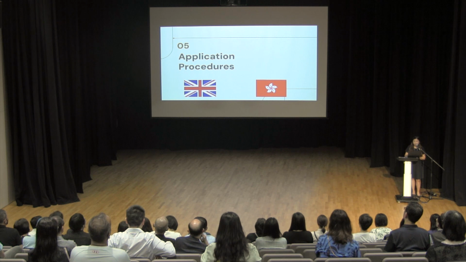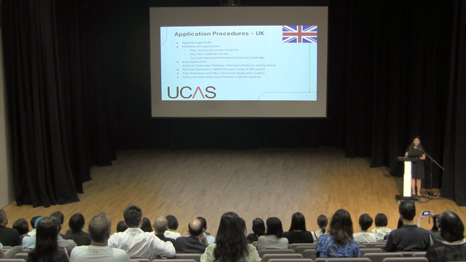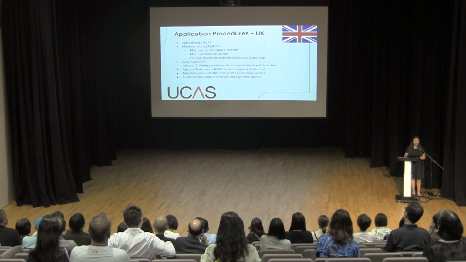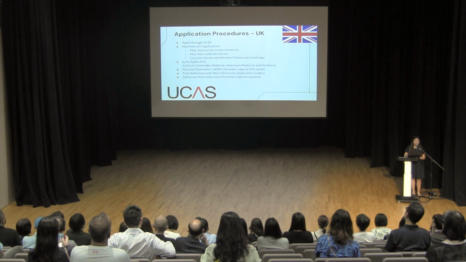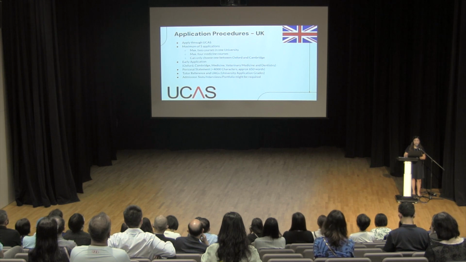So last but not least, we'll cover more on the application procedures. As mentioned, UCAS is an official website for all UK applications to go through that system, and it's run by an NGO in the UK. So all applications have to go through it, and it has a cap of 5 applications, which means 5 courses. If you're interested in a single university, the most you can apply to that university is 2 different